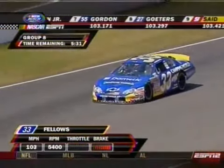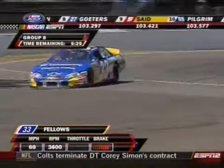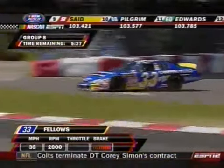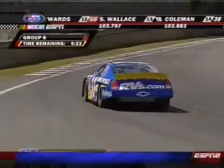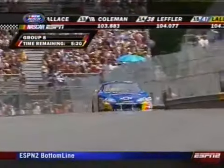There's the new pole sitter right there. Fast lap just there from Ron Fellows. Okay, I have had enough. He had so much fun. He's like, okay, I think I'm done. 142.41. And Boris Said...